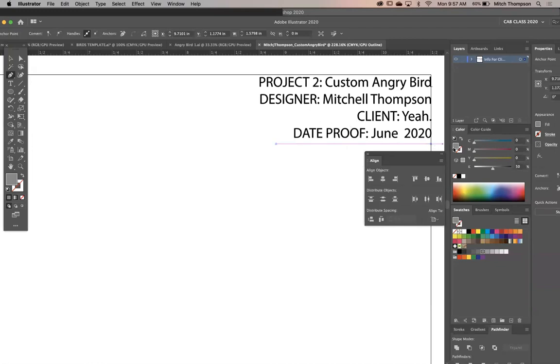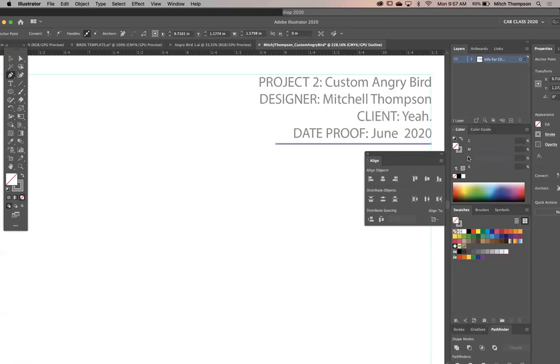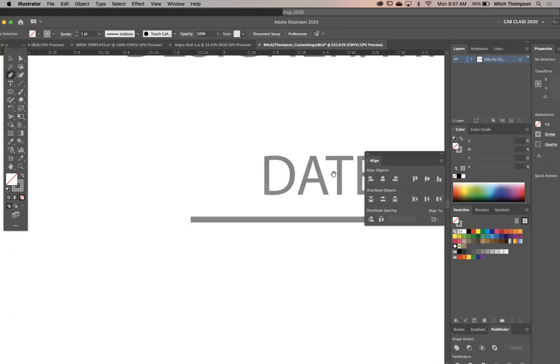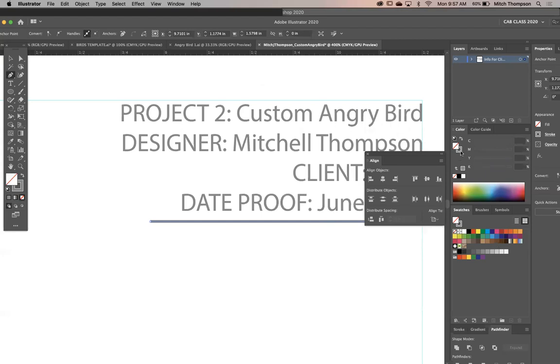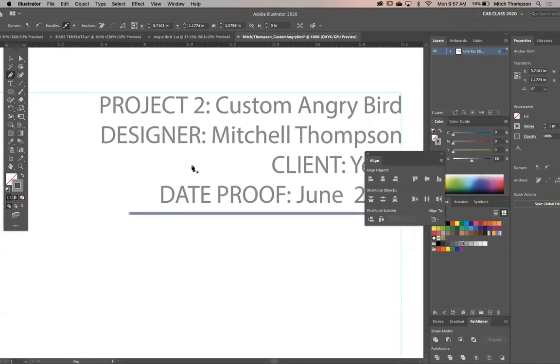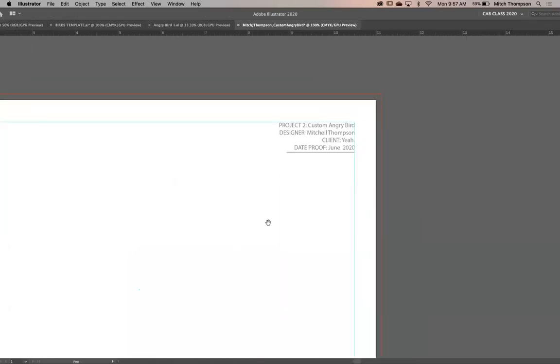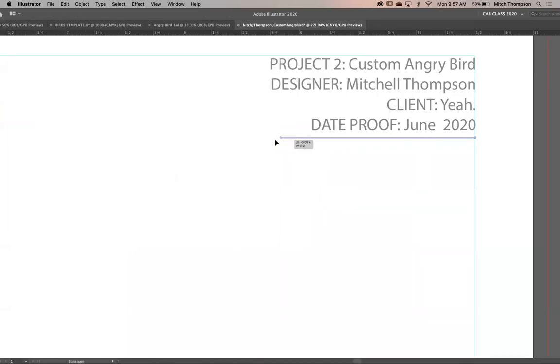So there we go. We have the same gray fill because that's what we did here. I'm going to swap that. There we go. So now I've got a stroke with the same 50% gray. I could have done that manually, of course. It was pretty straightforward, 50%. I'm finding that a 1-point stroke is a little too much and dominant. Check out how nice and clean and thin this type is, but then this underline is screaming. So let's just take that down, maybe even, yeah, there we go. 0.05. That's nice, right?